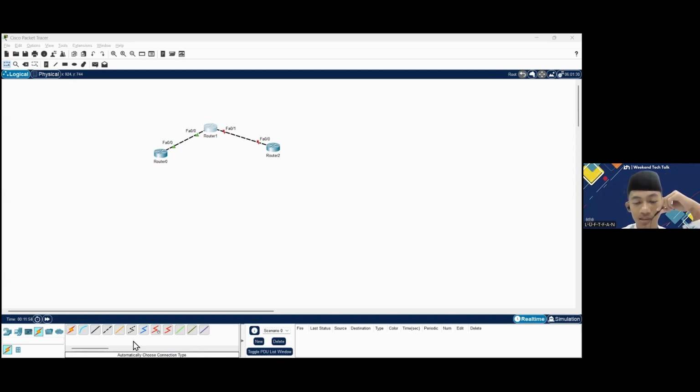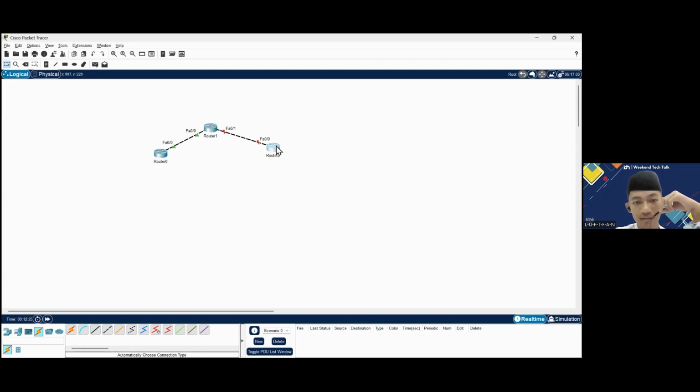It's because the connection or the LAN, the class or the LAN, is already different, so it must use a new IP address class or network. Just add it. And if you still don't know what I mean, you can search on the internet, ChatGPT maybe. And don't forget no shutdown.